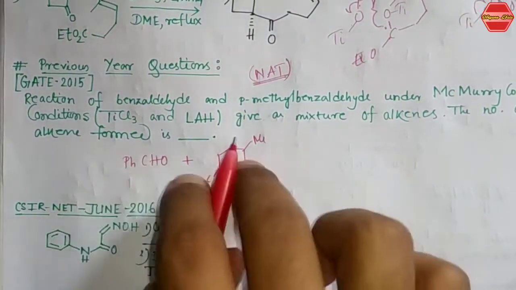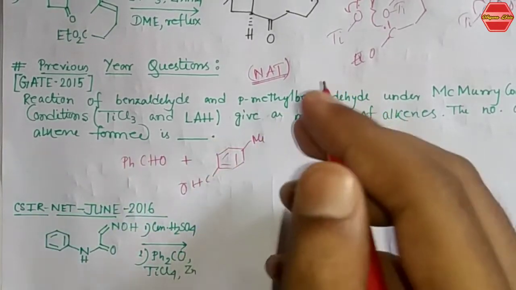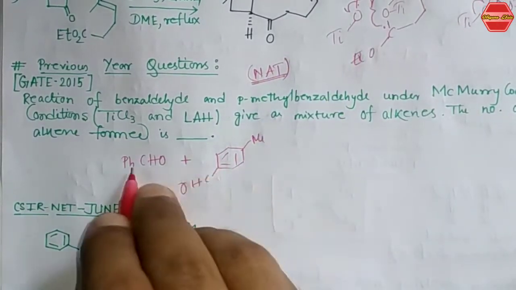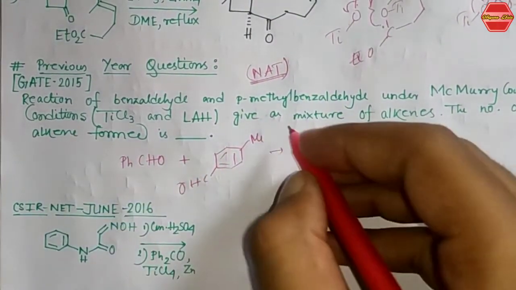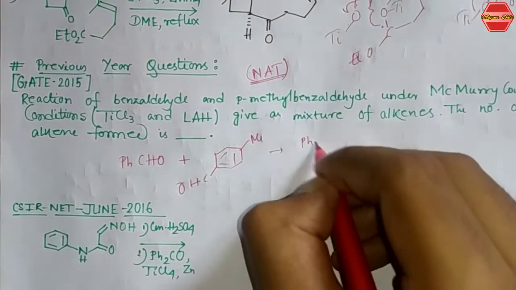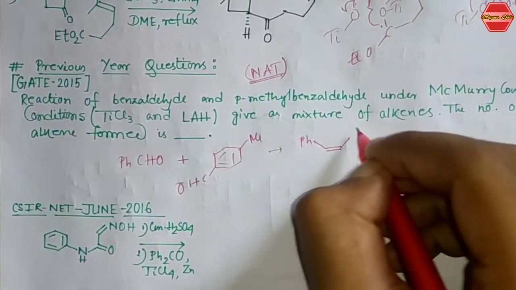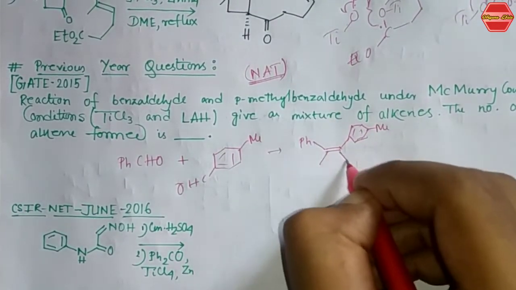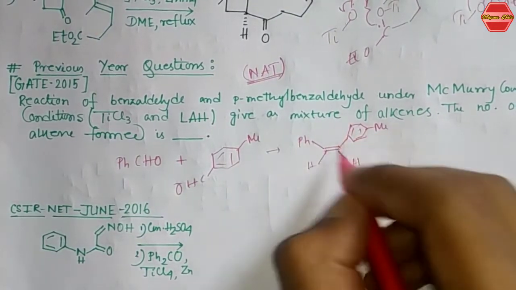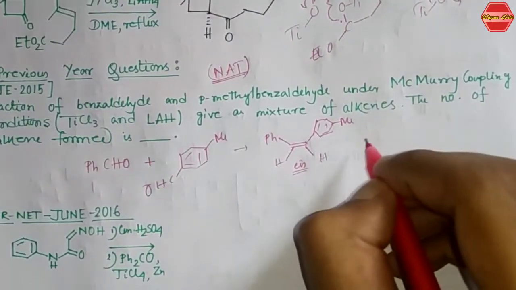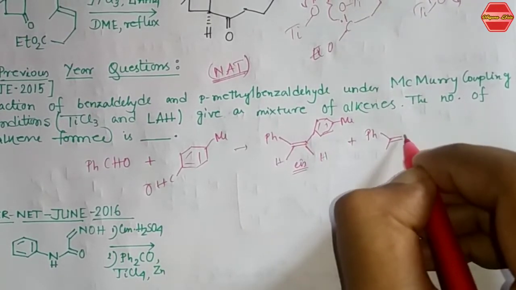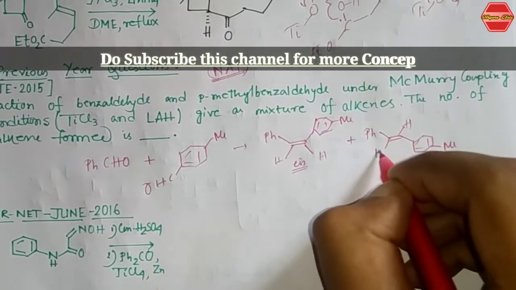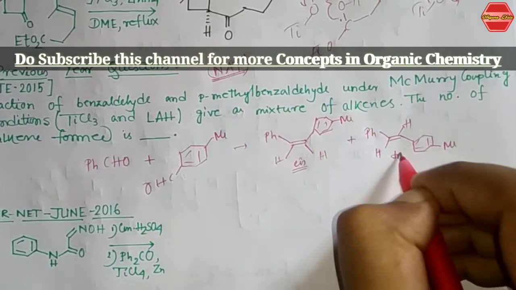Now both can form isomeric alkenes, and those are basically cis and trans isomers. So when we use these two in the cross coupling reaction, it will form a double bond in this way. This is your hydrogen. Now this is your cis variant. It can also form this trans variant. So this is your methyl, this is your hydrogen, this is your hydrogen. So this is your cis and trans.